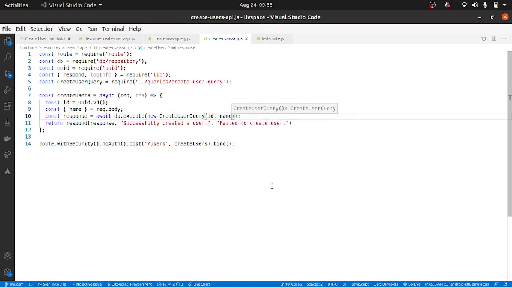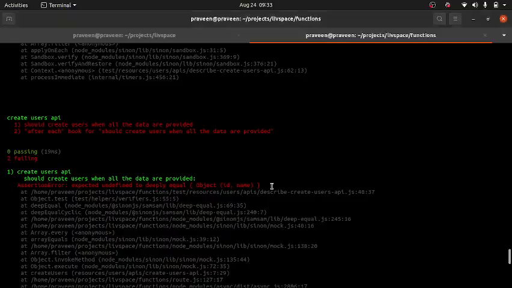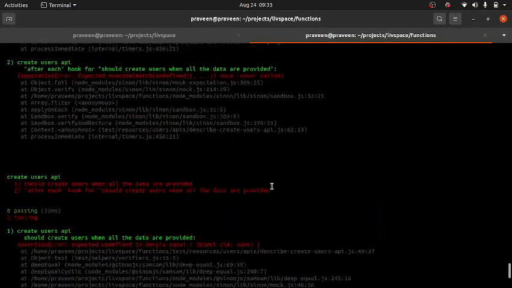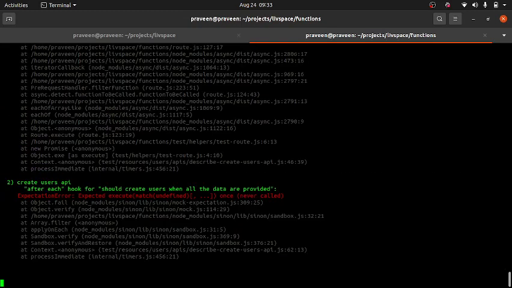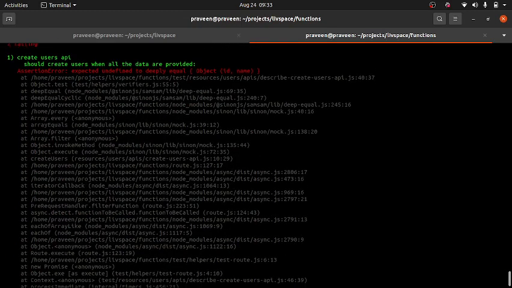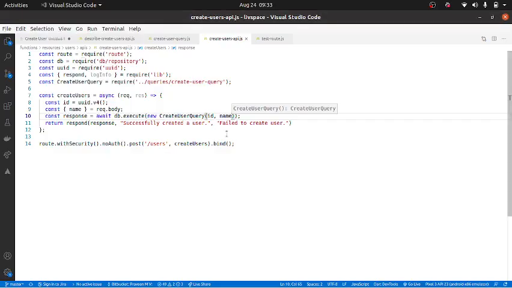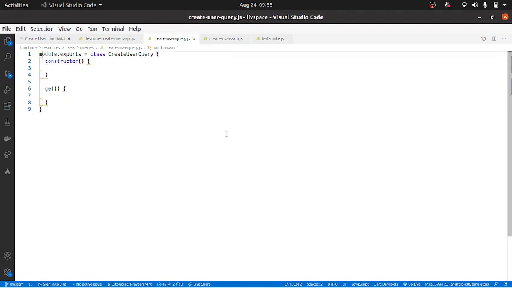Okay, but this itself will not solve our problem. I think we'll get the same error. Undefined, expected undefined equal to this. The reason being, even though we are passing to the constructor, we are not doing anything with it.